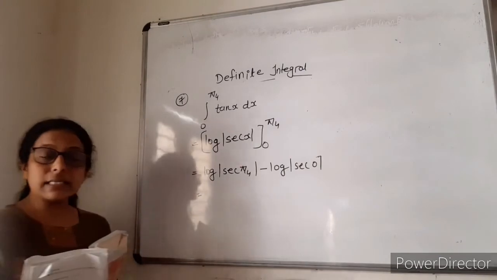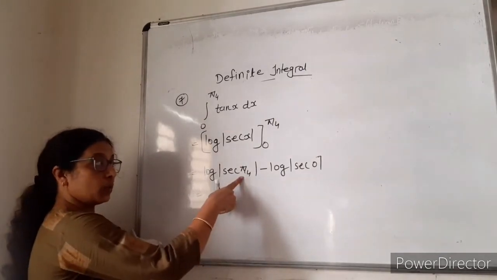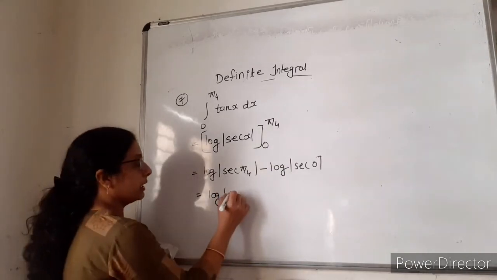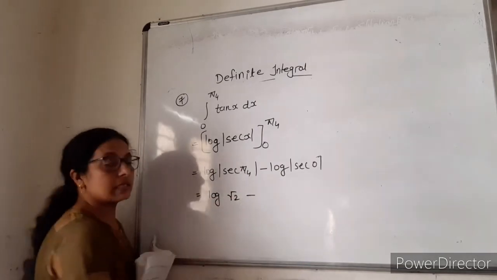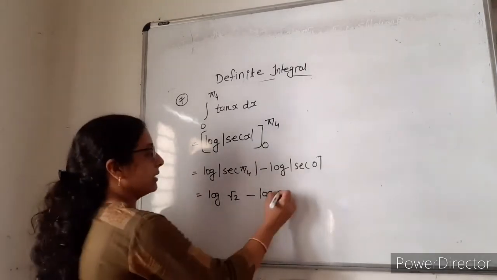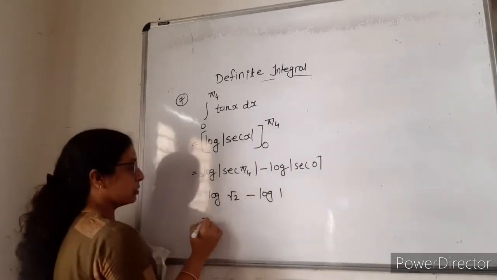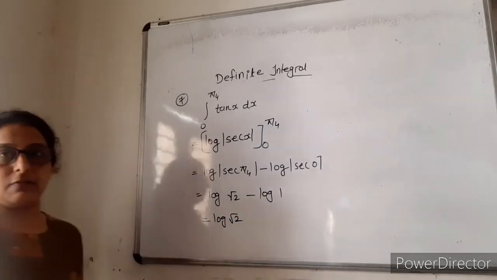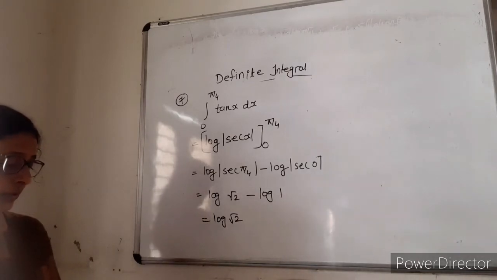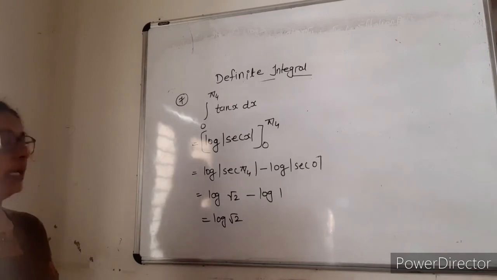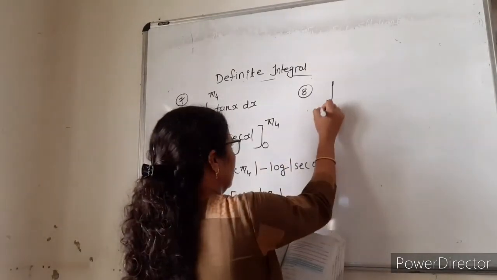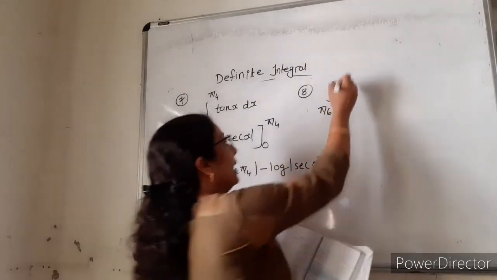What is the value of sec pi by 4? That is equal to root 2. Yes, cos pi by 4 is 1 by root 2, so sec pi by 4 is root 2. Now there is no need to write this modulus. Here minus, cos 0 is 1, so sec 0 is also 1. That is log 1. Log 1 is 0. So log of root 2 is our answer. That is question number 7 complete. Now question number 8 is the integration from pi by 6 to pi by 4